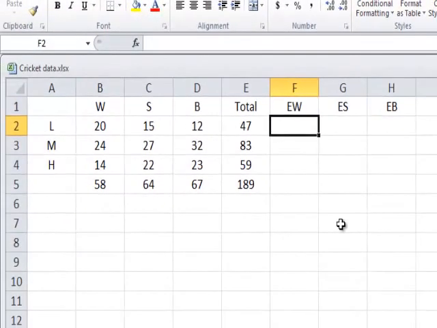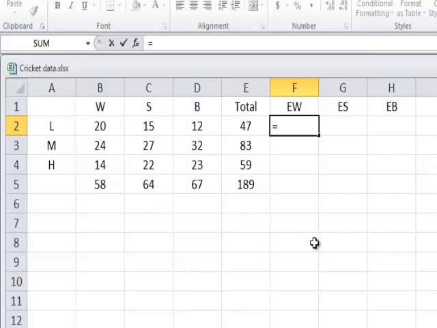Alright, so how will we calculate the expected number of entries in this cell, W and L? It's going to be 58 over 189 times 47 over 189. These are the two proportions, and then times 189. So one of the 189s will disappear, and we can take it as 58 times 47 divided by 189. So let me write that. Equals,